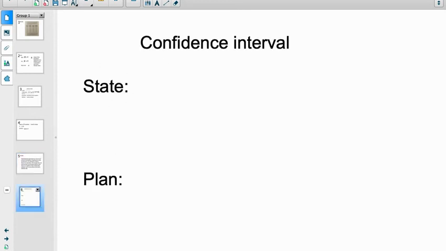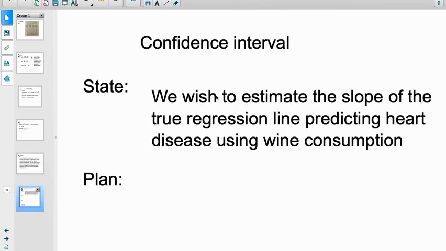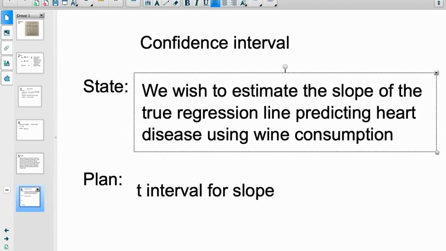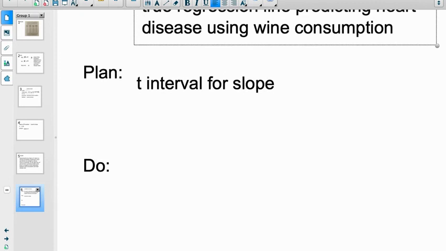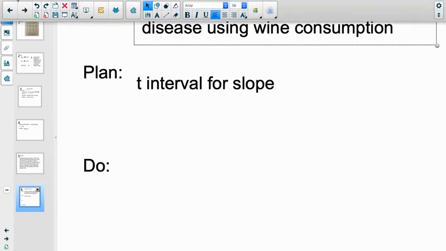For a confidence interval, the state changes a little bit. We no longer need hypotheses. So our state is we just wish to estimate the true slope of the true regression line predicting heart disease using wine consumption. Then our plan is much the same, except now we're using the t-interval for slope, but our conditions stay the same. The do part,